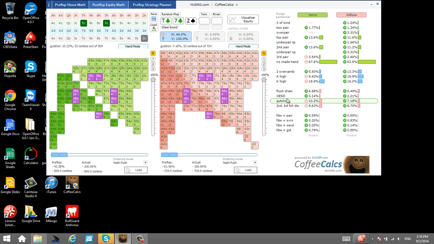We won't deal with check raising right now. You can do this, of course, on your own. Think about the check raising range. But I'm interested in Hero's going to call or fold, and I want to see how his calling range stacks up. So what I'm going to do is pick what kind of hands I think maybe